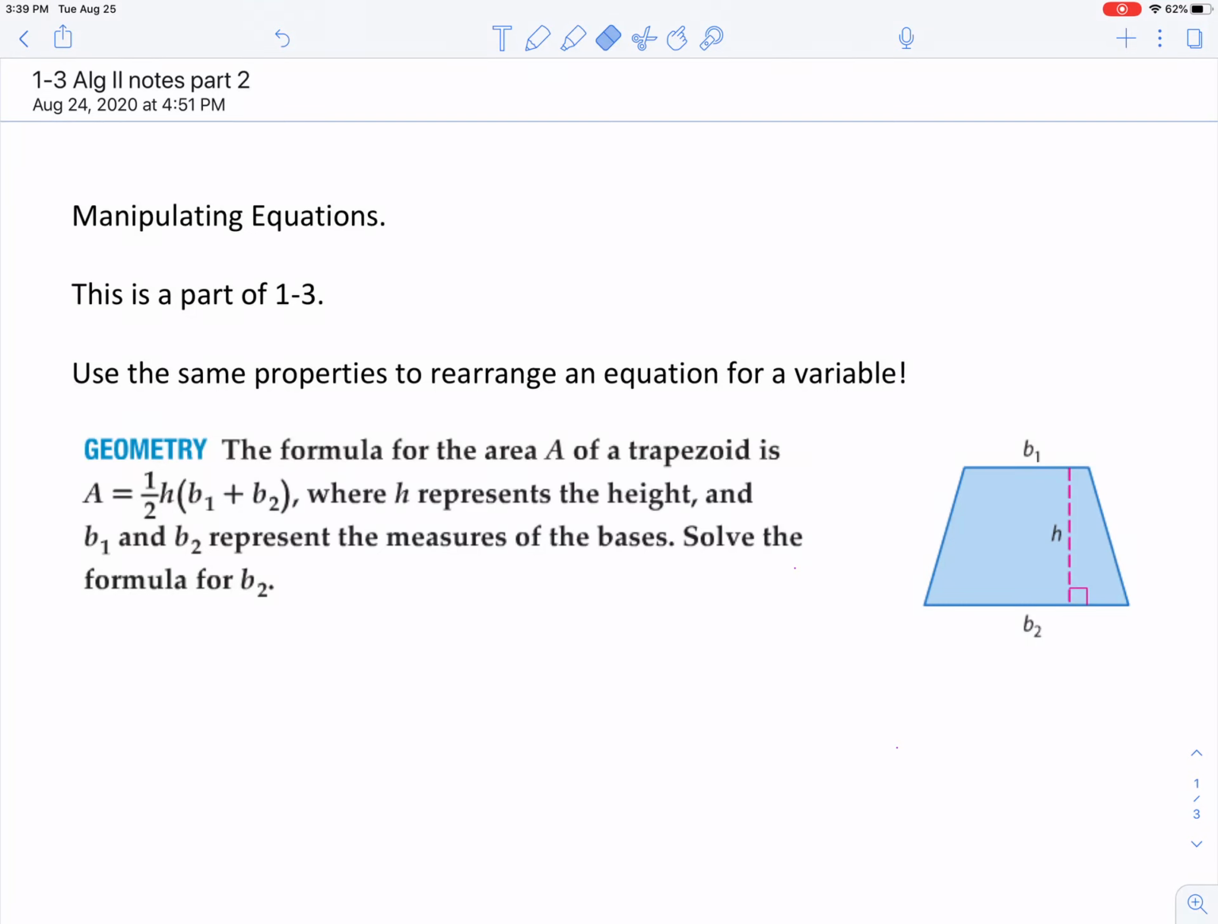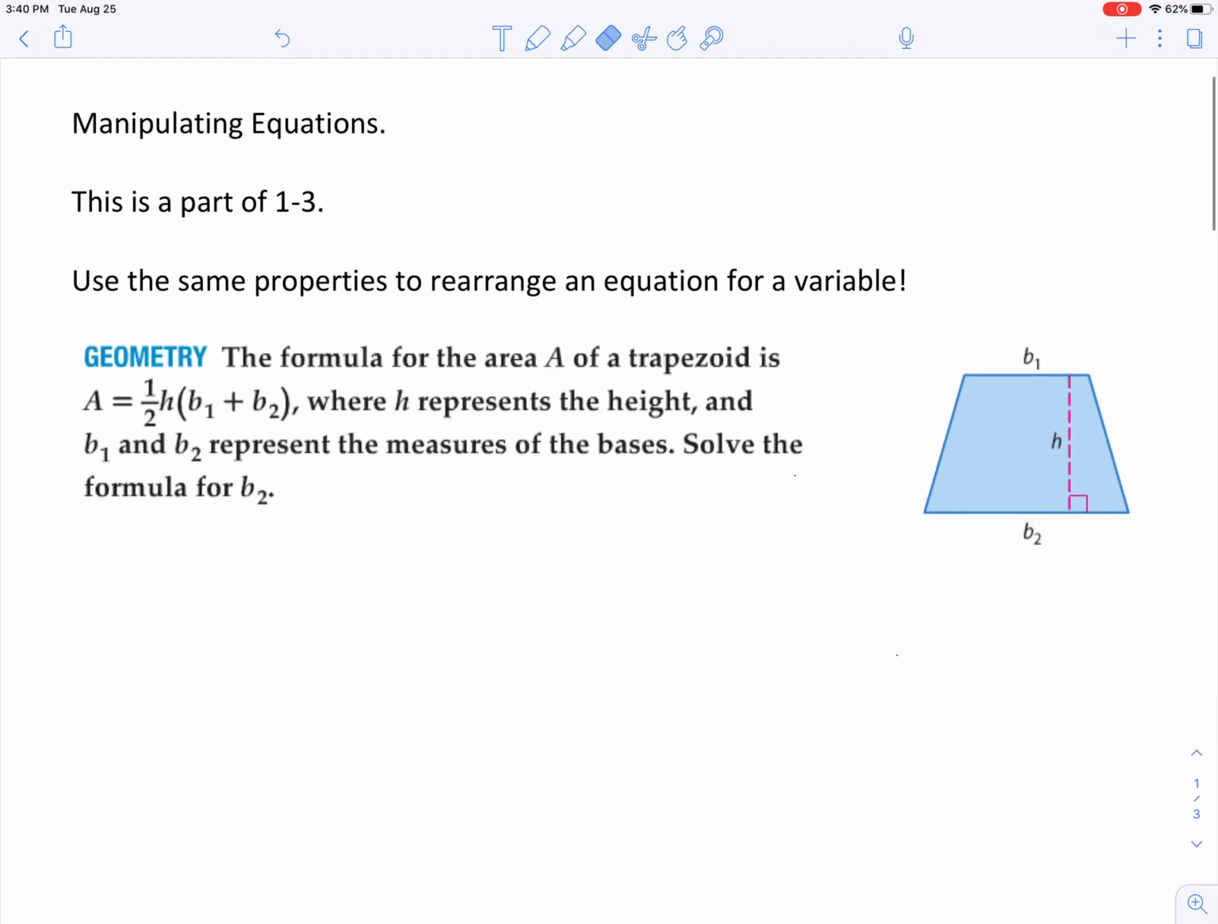Okay, welcome to 1-3 part 2. We're still going to be solving equations. It's just that today's equations aren't going to have very many numbers. In fact, some of them might not have any numbers at all. So the first example here